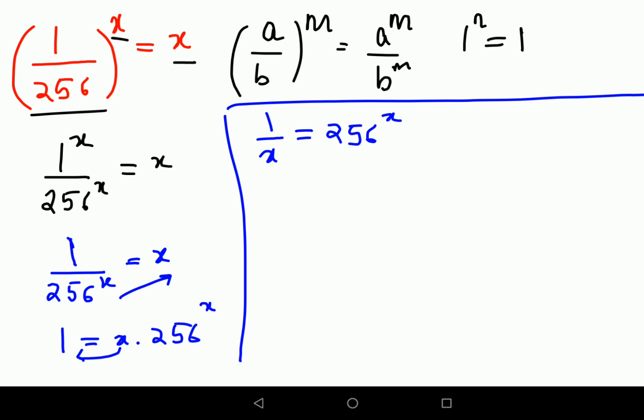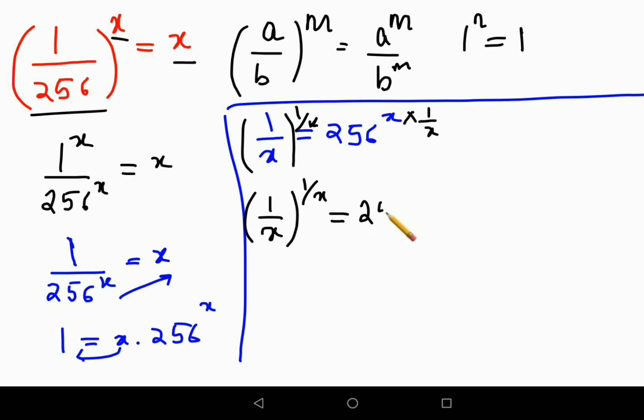And we'll get 1/x = 256^x. Now still we are not able to understand how to solve this. So what we'll do is we'll try to shift all the variables to one side. Means we'll take the xth root on both sides. Basically here also I'll multiply the index by 1/x, and on your LHS also the index will be raised to 1/x. So now your LHS looks like (1/x)^(1/x),